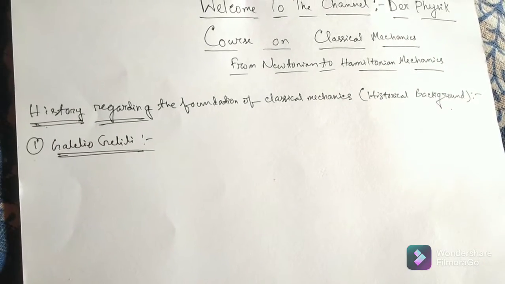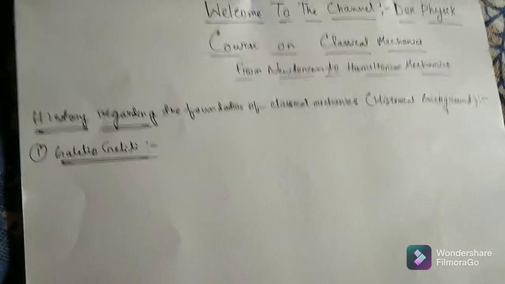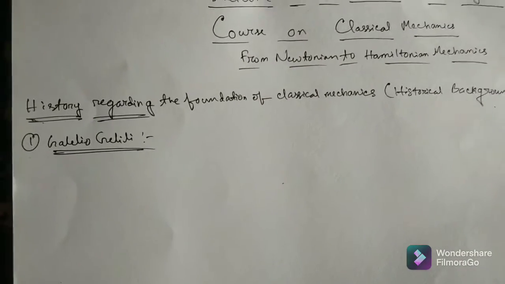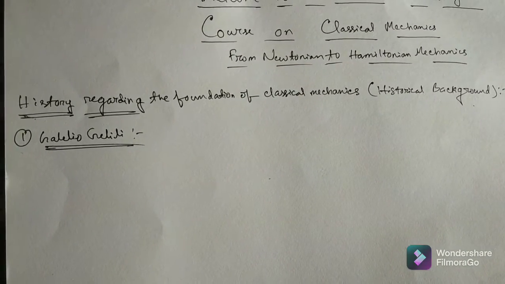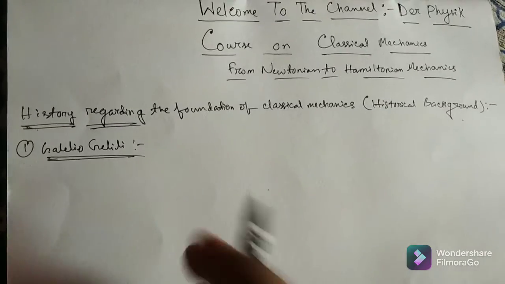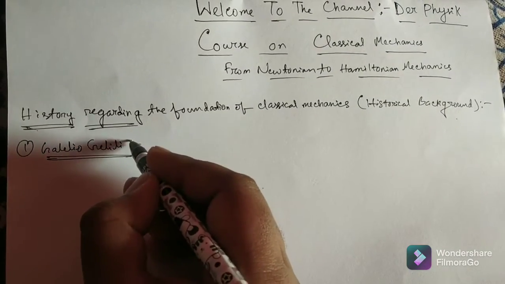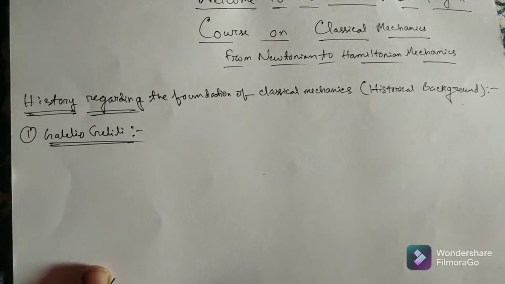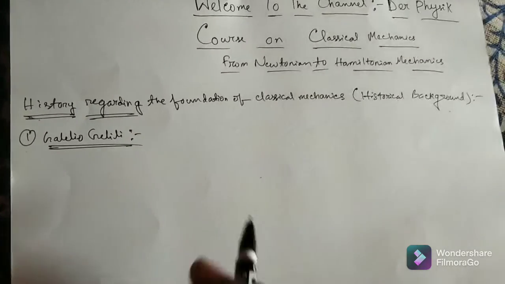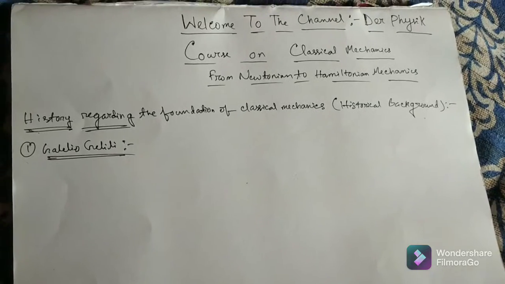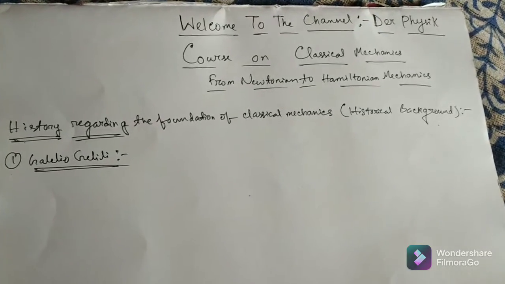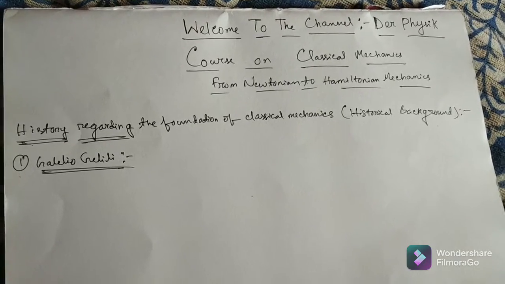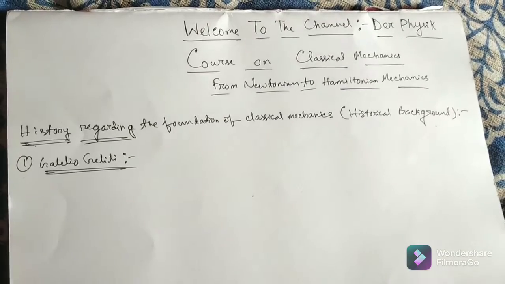Galileo Galilei is the father, to be regarded, as for me, because of the first experiment he performed, which was on a boat. I am going to talk about that experiment, from which he first came to know about the phenomenon of inertia, that a body possesses a certain property called inertia.